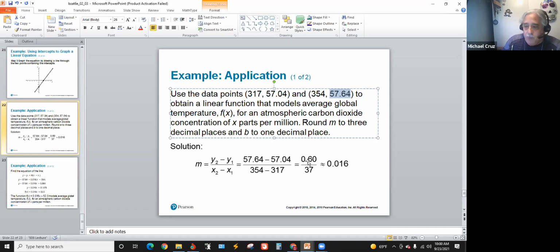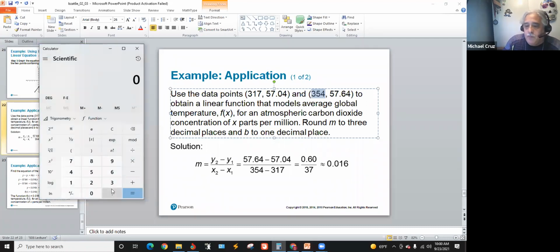The difference between those is 0.6. And then the denominator is the x's, same order. x2, 354 minus 317 gives us 37. And then if you take 0.6 and divide it by 37,